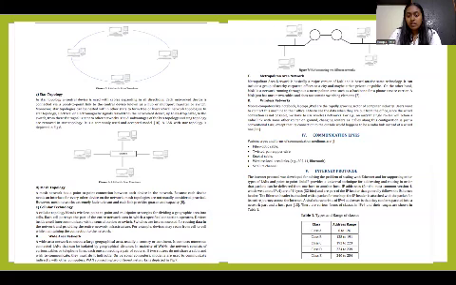And we have a table that has the type and range of each class. Class A has an address range from 0 to 126. Class B has 128 to 191. Class C has 192 to 223. Class D has 224 to 239. And Class E has 240 to 254. So there are 255 address values in total, as we consider from 0 to 254. So next, let's move on.